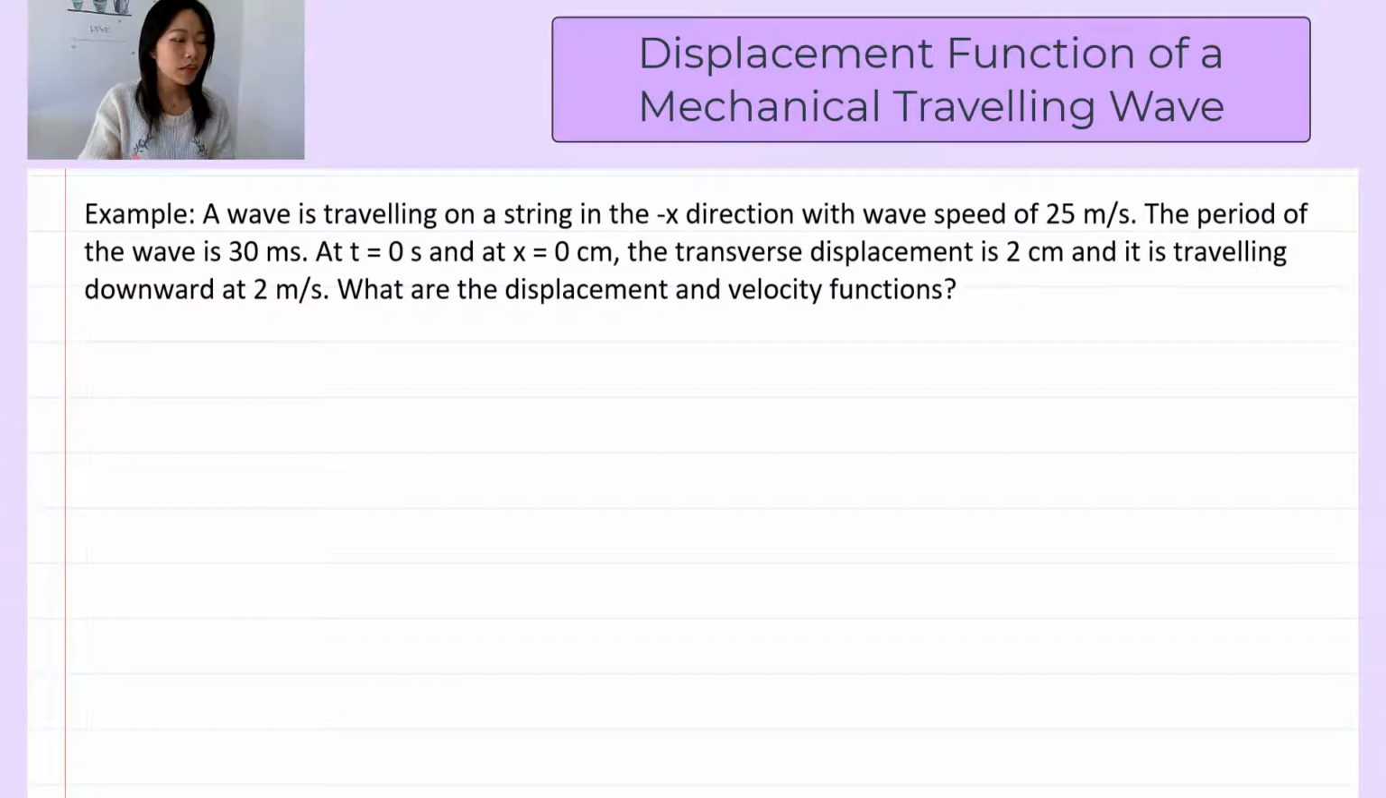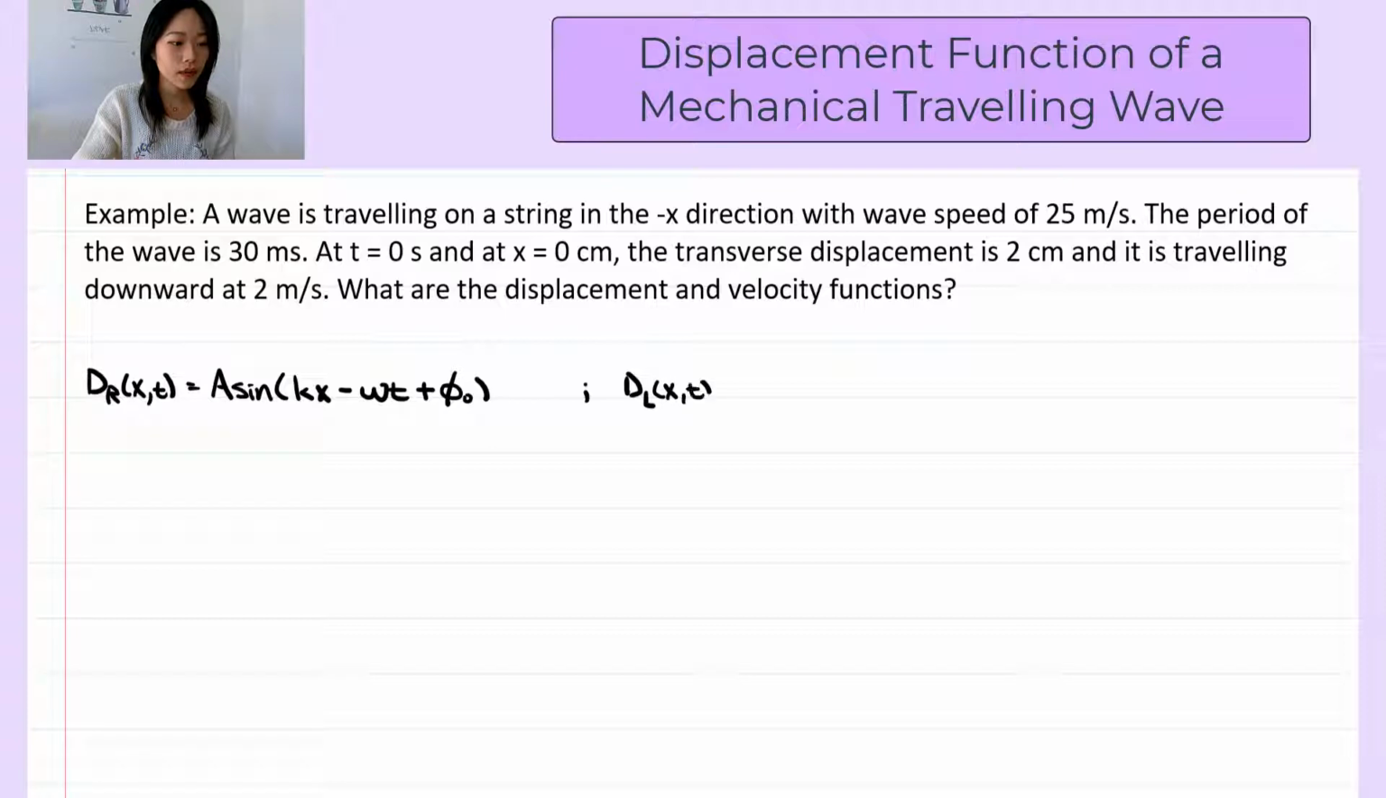A quick recap. For a traveling wave that is traveling rightward, its displacement function is in the form of amplitude times sine of wave number times x minus angular frequency times time plus the phase constant. And for a wave that is traveling leftward, its displacement function is amplitude times sine of wave number times x plus angular frequency times time plus the phase